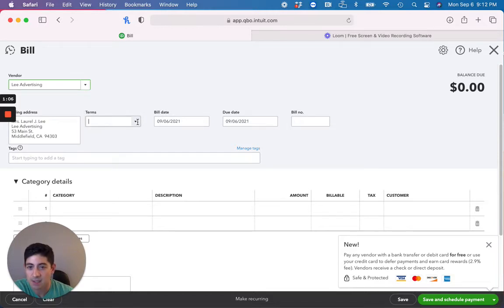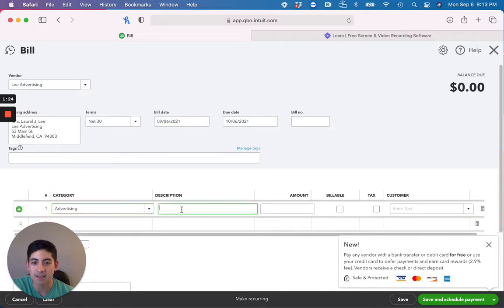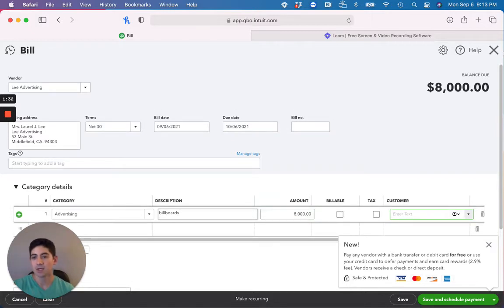So we're going to go ahead and find the bill was from Lee Advertising. Okay, so we'll just say that this is something that's due in 30 days. So we've got the current date, September 6th, 2021. It's due in 30 days, so October 6th, 2021. And then we're going to say this is for category advertising. Descriptions, just real quickly, we're going to put billboards, and they put $8,000. They bought $8,000 worth of